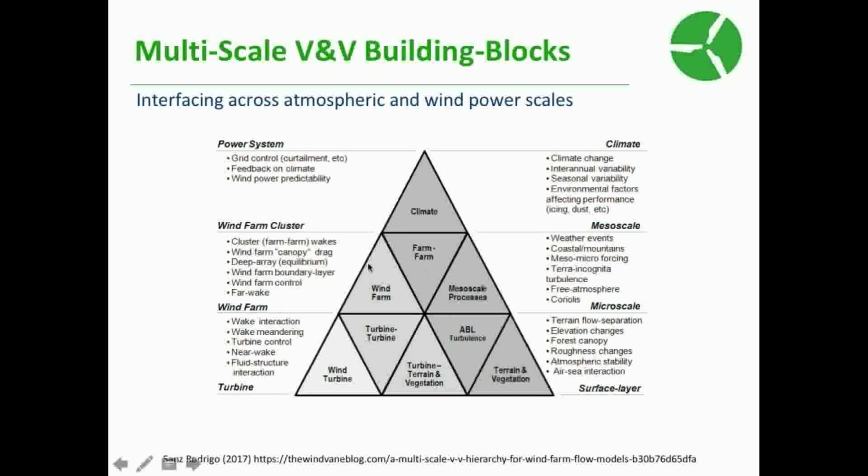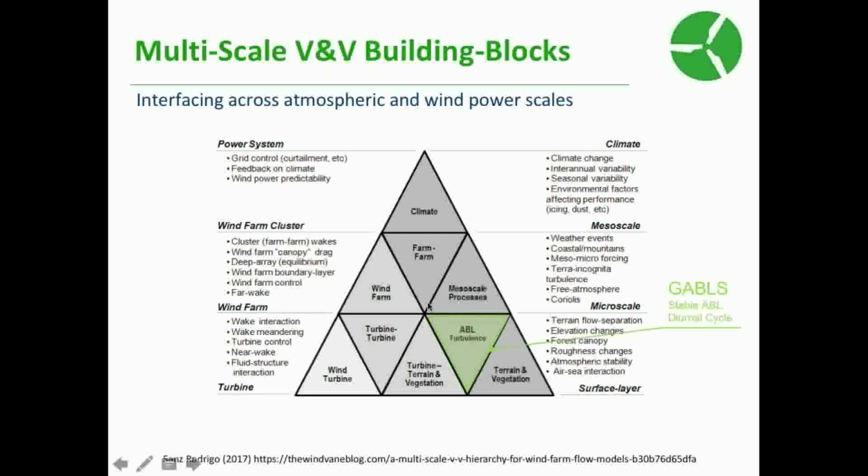And the idea is to find data that allow us to validate the flow models at different scales, at different complexity levels, so that we can fill out these pyramids in all the complexities,